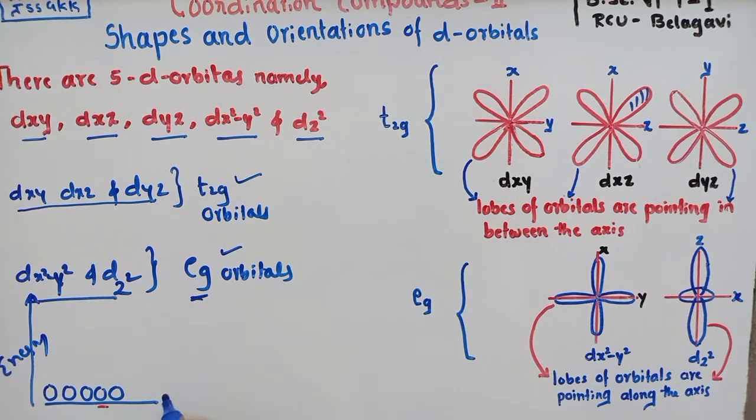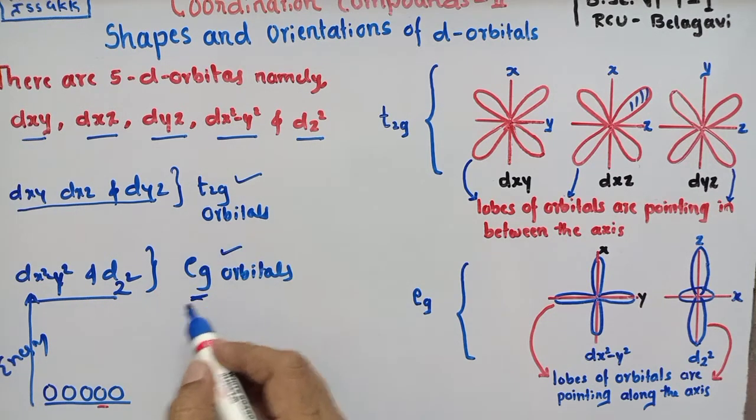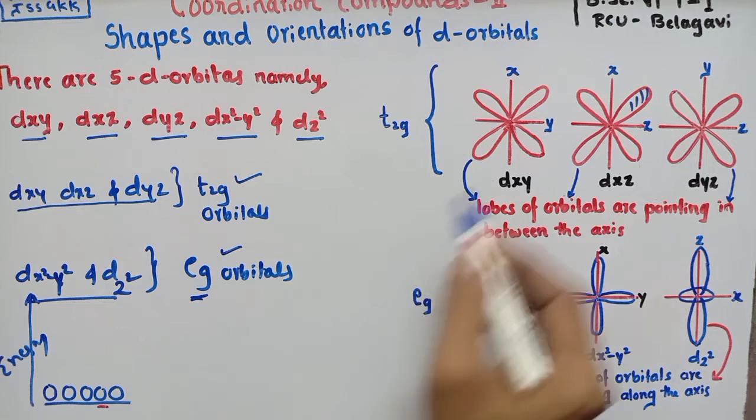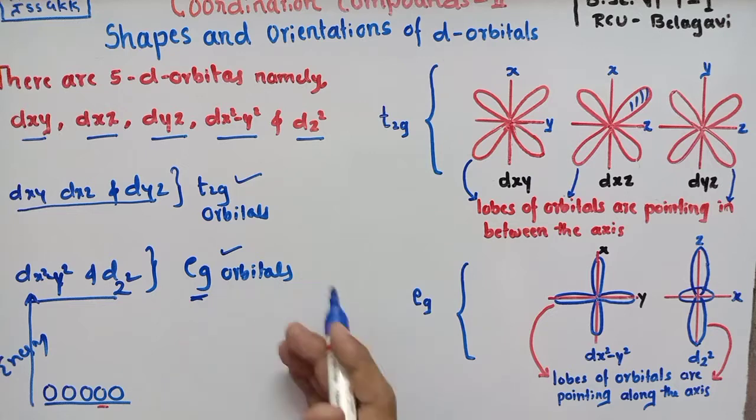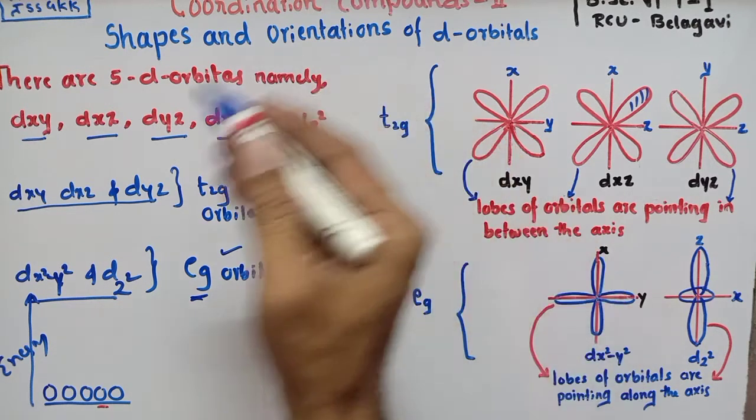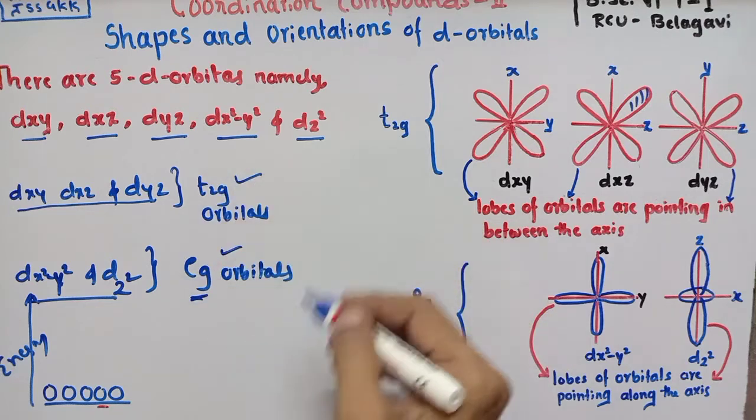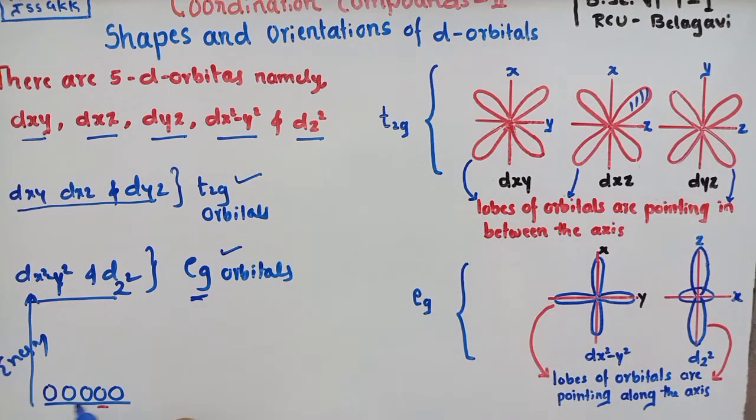energy. Now, if all the 5 d orbitals have the same energy, that condition we call degenerate orbitals, or degenerate d orbitals. This degeneracy of orbitals will remain the same in two conditions. One, in the absence of ligand, that means before complex formation. Another condition, if the ligand field is spherically surrounded around the central metal ion, in that condition also the degeneracy will remain as it is. That we have already discussed in the previous video.